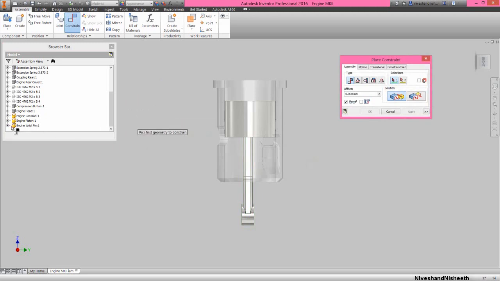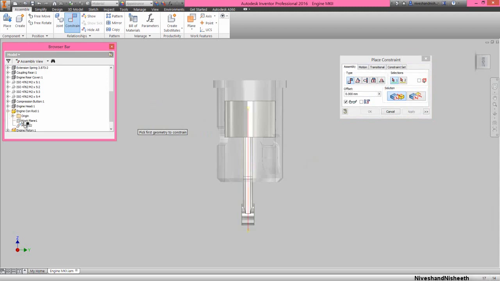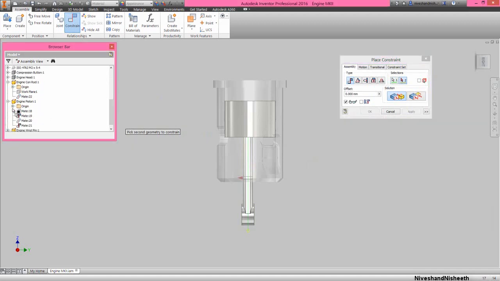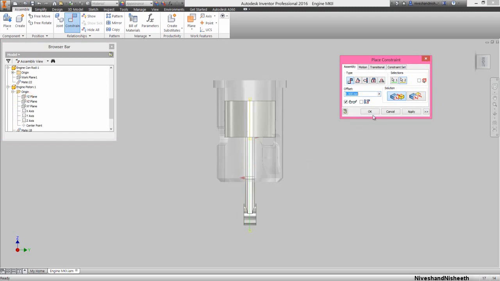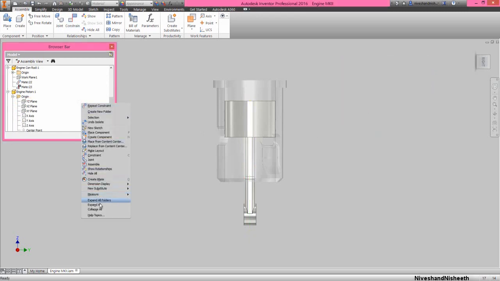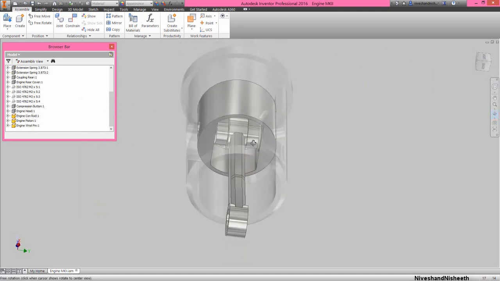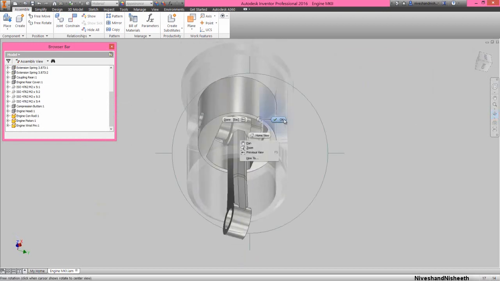Now we will apply the mate constraint between the work plane 1 of the engine connecting rod and YZ plane of engine piston. Now see, my engine connecting rod is properly placed over the center of the engine piston.